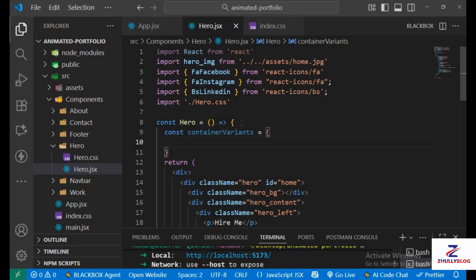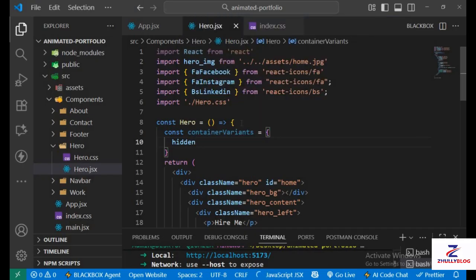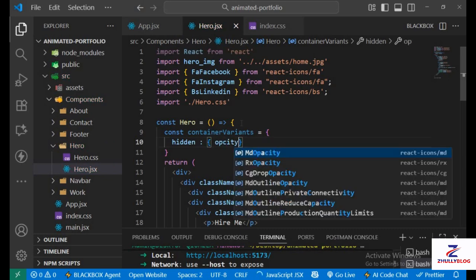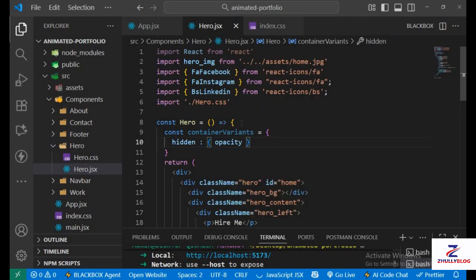And the job of the container variant basically is to control how the group of letters, which is the word, behaves, mainly for timing. So for the initials, that is before the animation starts, I'm going to set hidden opacity. We'll set opacity to 1. Now, before anything, we need to first import